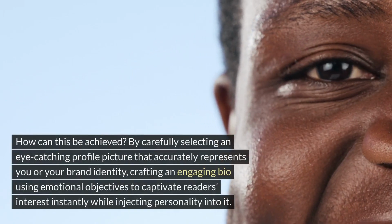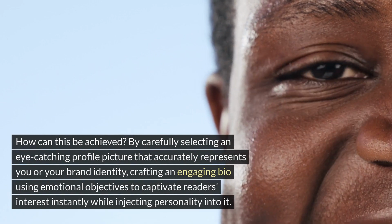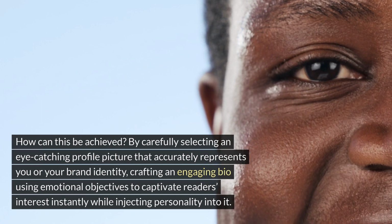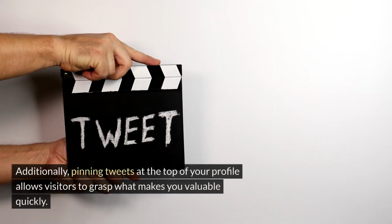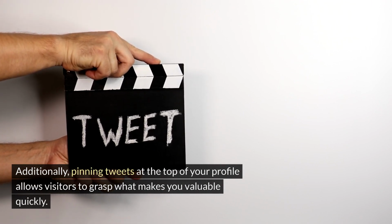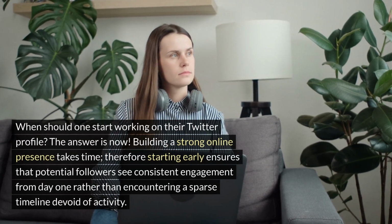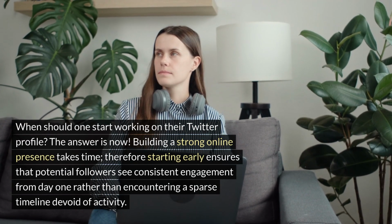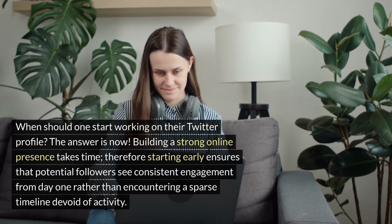How can this be achieved? By carefully selecting an eye-catching profile picture that accurately represents you or your brand identity, crafting an engaging bio using emotional objectives to captivate readers' interest instantly while injecting personality into it. Additionally, pinning tweets at the top of your profile allows visitors to grasp what makes you valuable quickly. When should one start working on their Twitter profile? The answer is now. Building a strong online presence takes time. Therefore, starting early ensures that potential followers see consistent engagement from day one rather than encountering a sparse timeline devoid